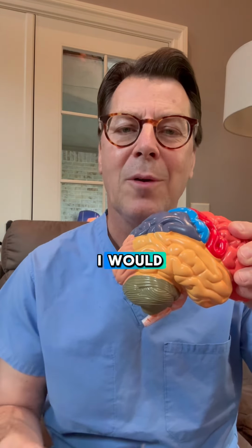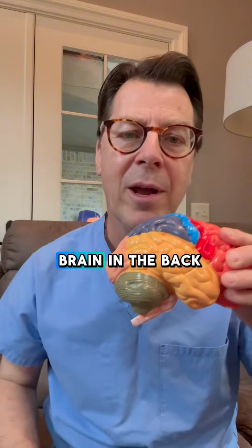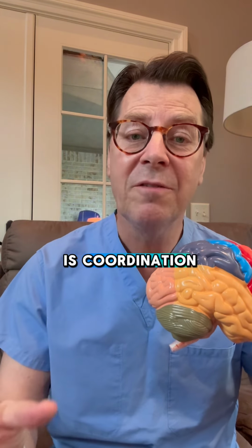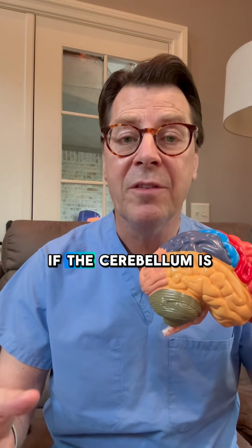And lastly is what I would call the fifth lobe. Some people don't consider it a true lobe, but it's called your cerebellum. It's in the bottom of our brain in the back. And what the cerebellum is in charge of is coordination, fine motor movements like me tapping my fingers. When I'm walking, my balance, it keeps us steady. And so, if the cerebellum is damaged,